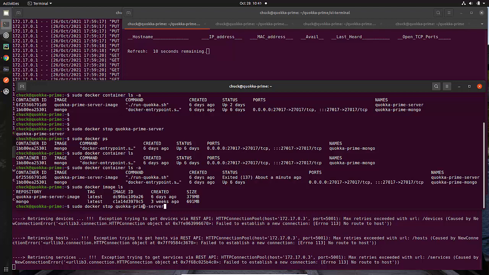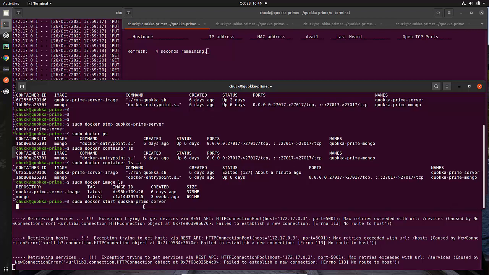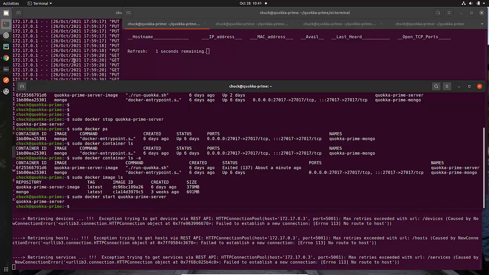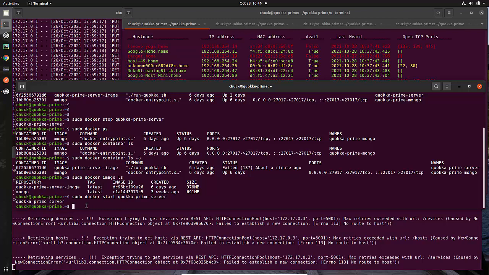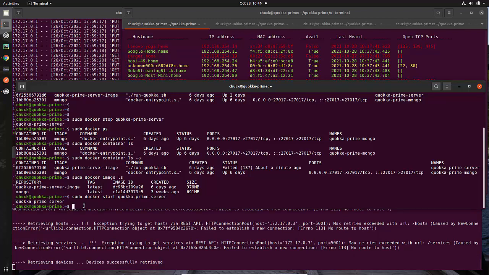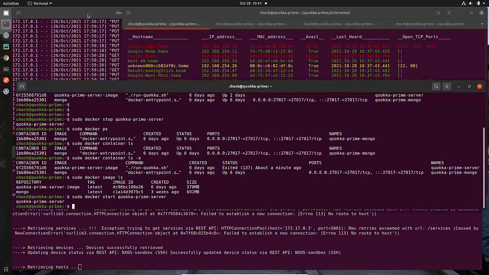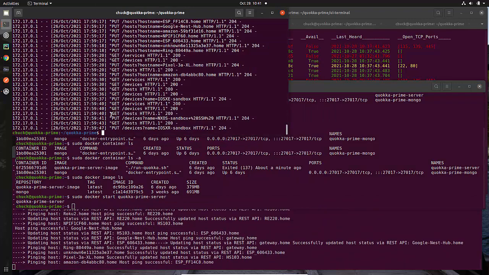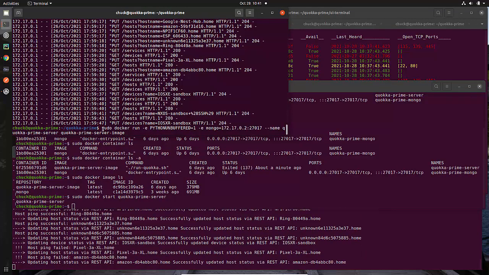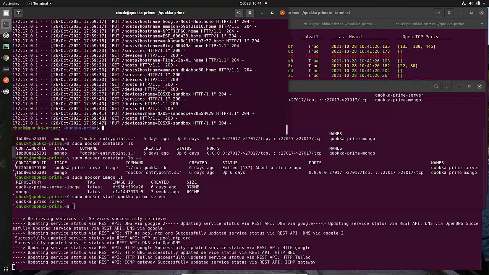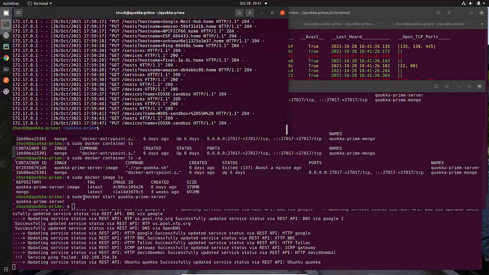I'm going to go find my command, and I'm going to say start. Now I've started it, and it's actually going to be up and running. And actually what I haven't done in this situation is I haven't attached the output. So let me just be clear about this. What I did here, remember, was I did a sudo docker run, and that's why I was getting all of this information printed out to the screen. When I do a sudo docker start, I'm not actually going to see the output unless I attach the output